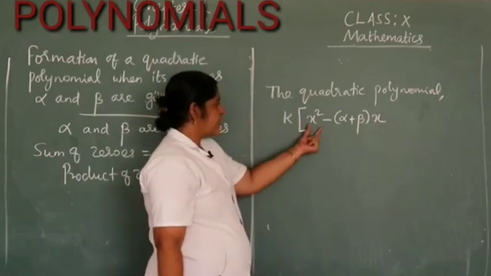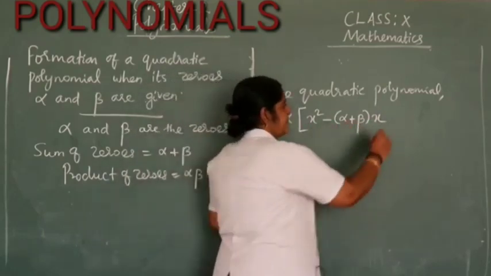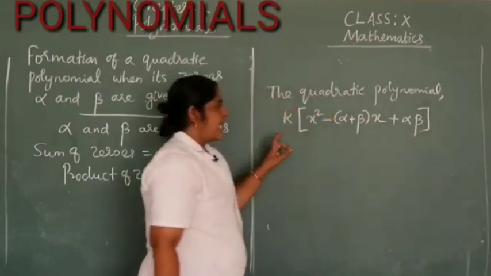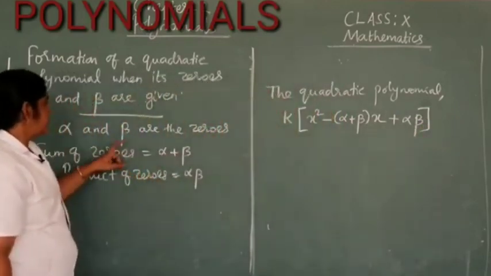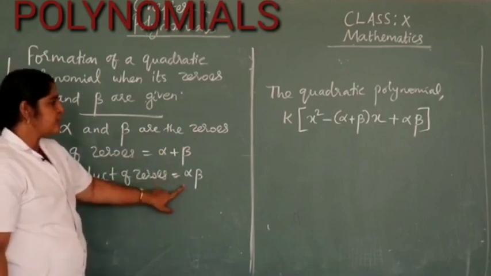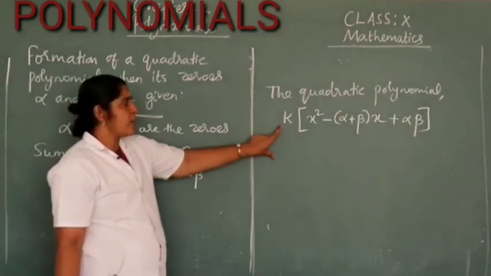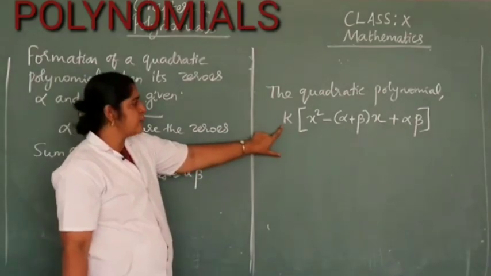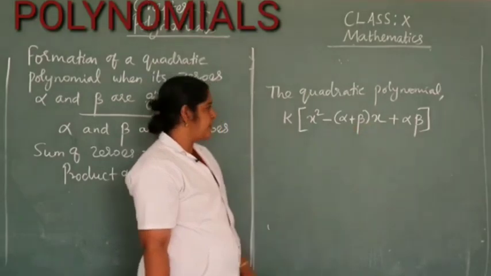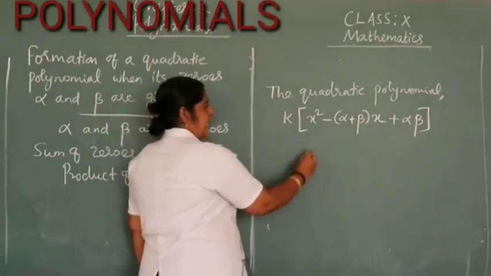This is the x square term, this is the x term. So for any question, when you know the two zeros and can find the sum and product of the zeros, the quadratic polynomial is k into x square minus alpha plus beta into x plus alpha beta, where this k is